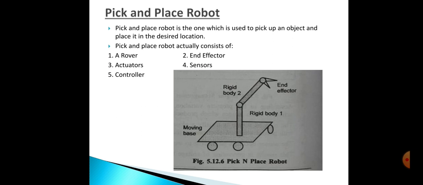First one, a rover. So the rover is the main body of the robot that consists of several rigid bodies like a cylinder or a sphere, joint links. It is also known as a manipulator. The next one is the end effector. It is a body connected to the last joint of the rover, means the base, which is used for the purpose of gripping or handling objects.